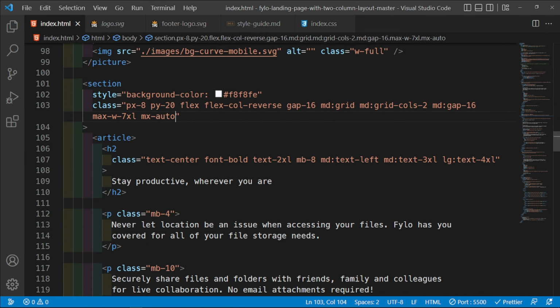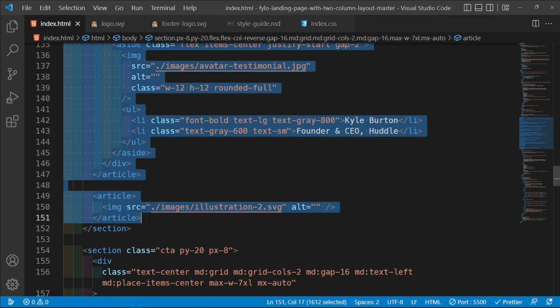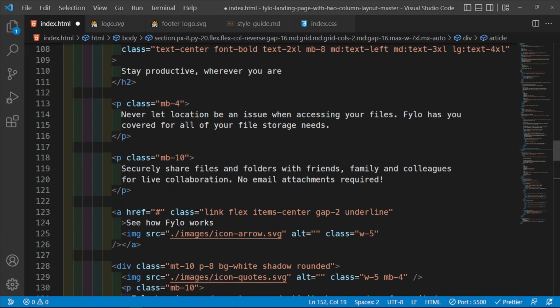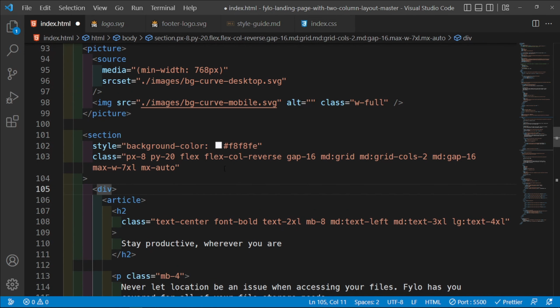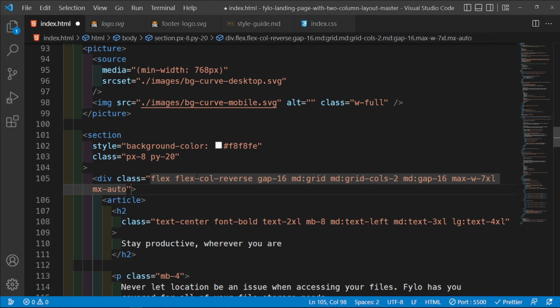So what we're going to do again is just cut this entire section out up to here, place it inside the div like so, and then go back inside this parent div, and then we're going to copy all the classes beginning where? Here up to here, cut them out and place them inside this div. So give this div a class name of this, paste it in,